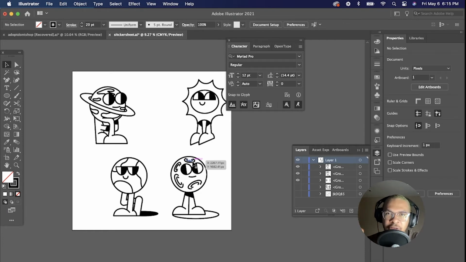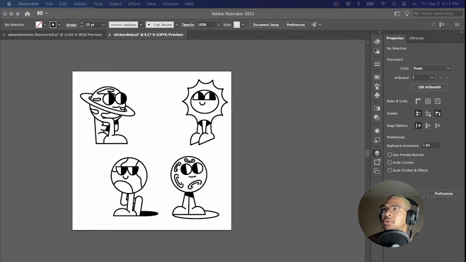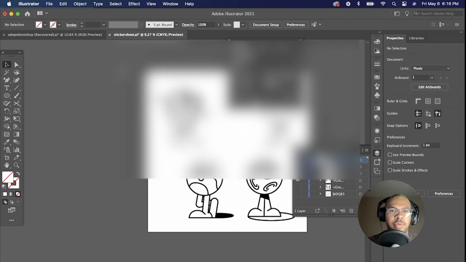Now, here's a fun little fact about me. I am colorblind, so I have a lot of trouble color matching. So what I typically like to do is I use a lot of primary colors. So I use a lot of blues and reds and greens and whatnot. So what I'm going to do here, we'll open